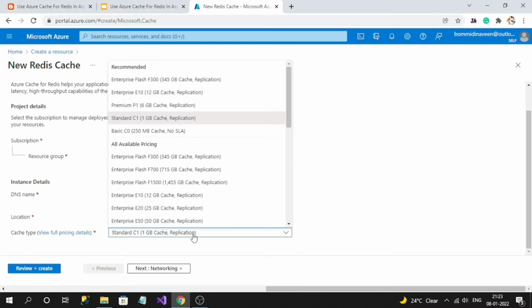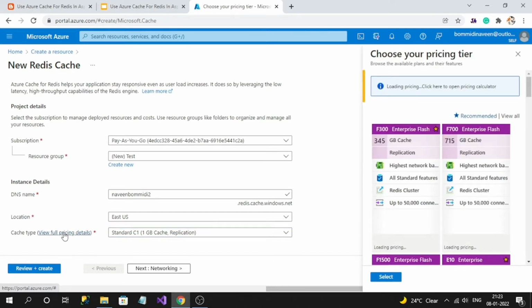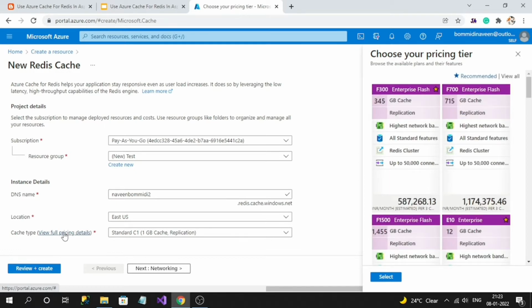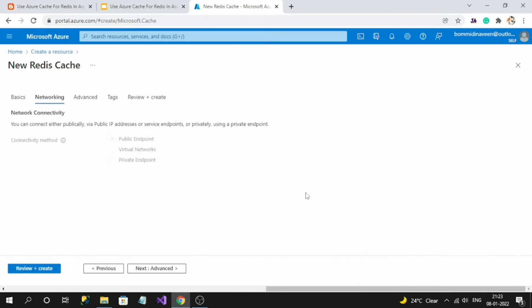Here are the plans. You can click here to view all the plans. By default, even for learning, you won't get a free plan. You have to pay, but there are very minimal plans we can choose from, like the Basic one. So for learning purposes, you can choose this plan. Next, click on